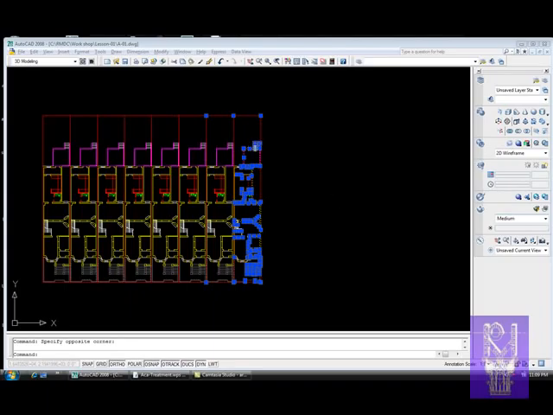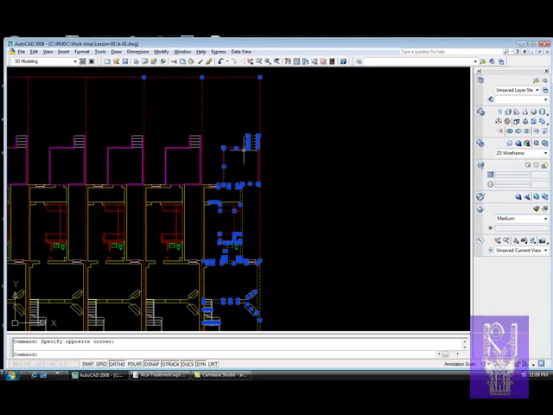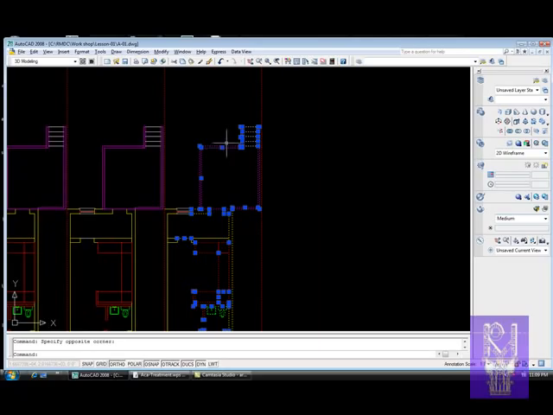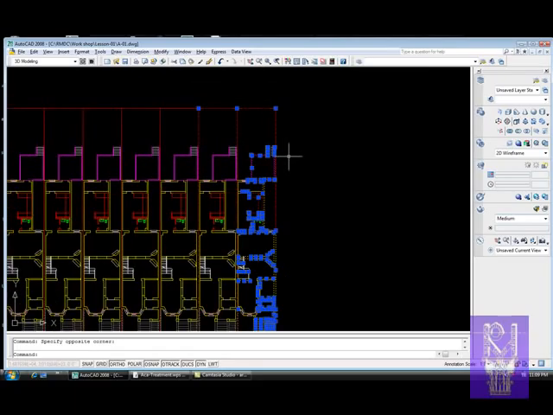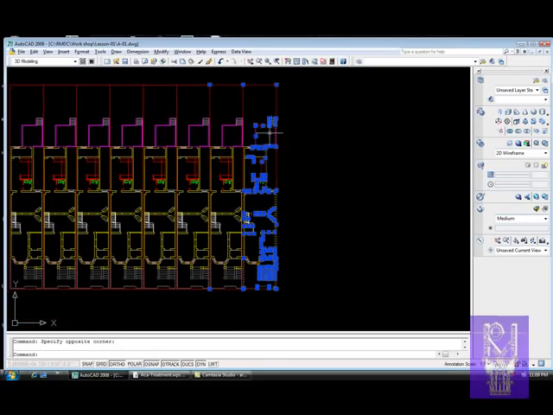You see these blue dots here? Each one of these blue dots is called a grip. Now, the more blue dots you have in a drawing, the more memory you take up in a drawing. So, if we had to reduce the amount of blue dots or the amount of memory that this file takes